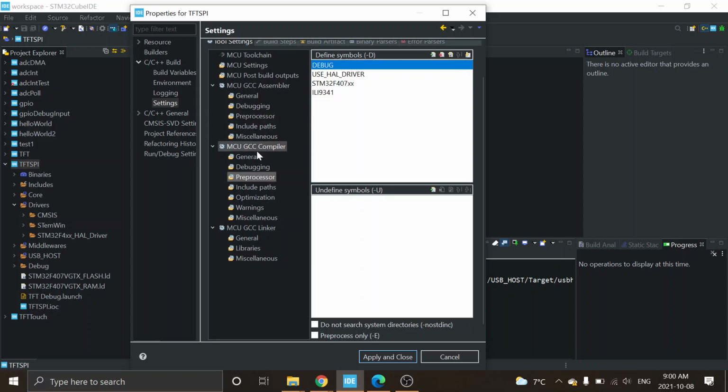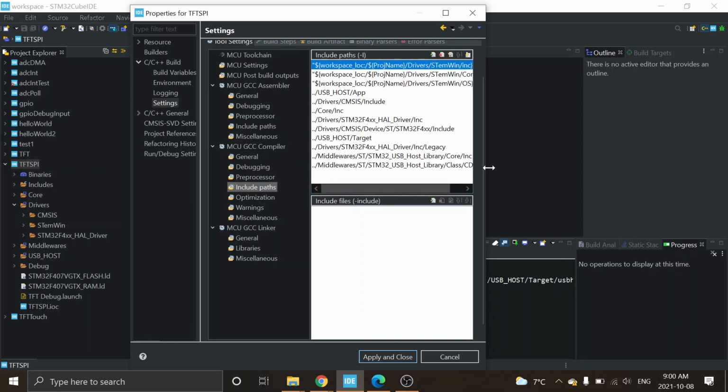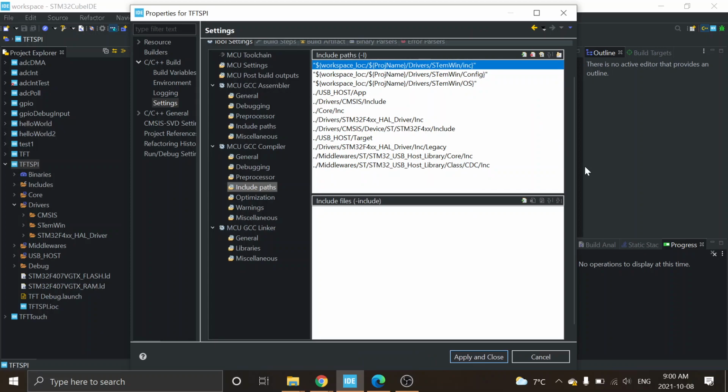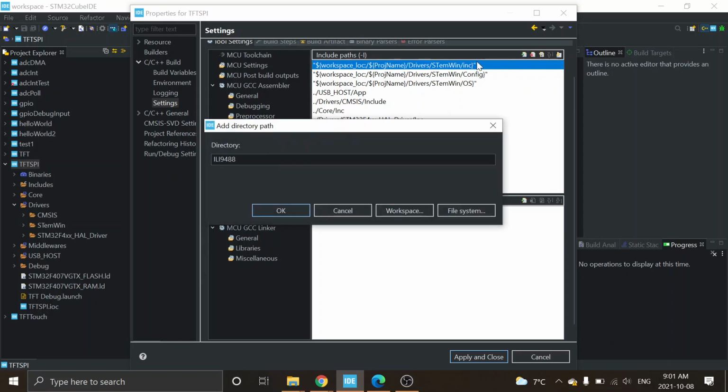If I look here at the C compiler and I look at include paths, this has a bunch more include paths than you have. What I have up top here says workspace, and it points to STEMWIN include, STEMWIN config, and STEMWIN OS. So I go into this setup, include paths, and you click the add,